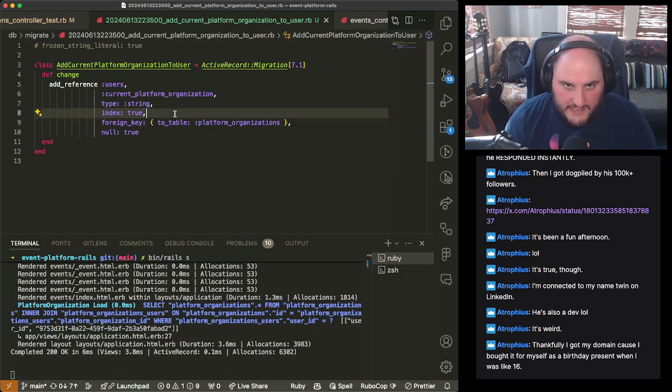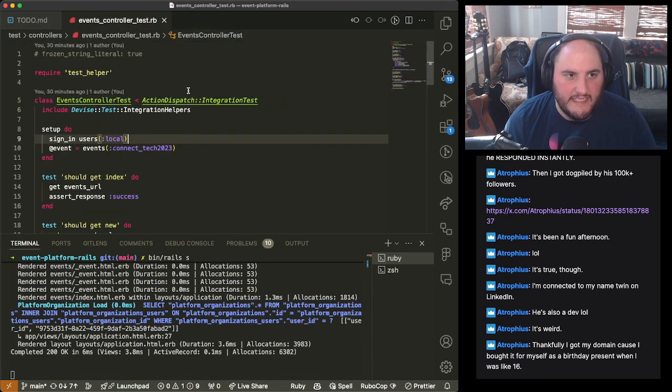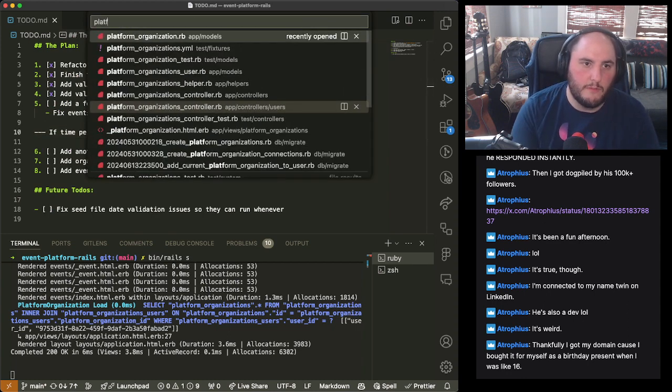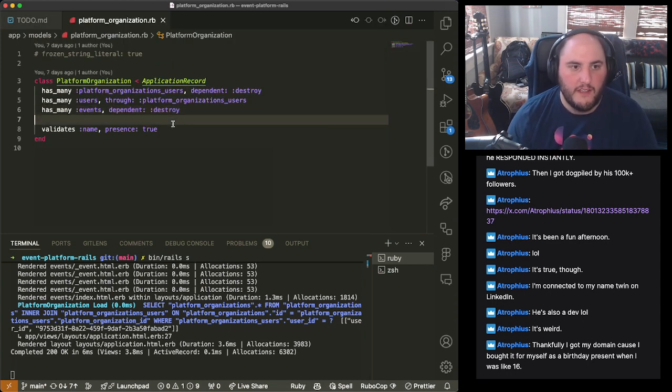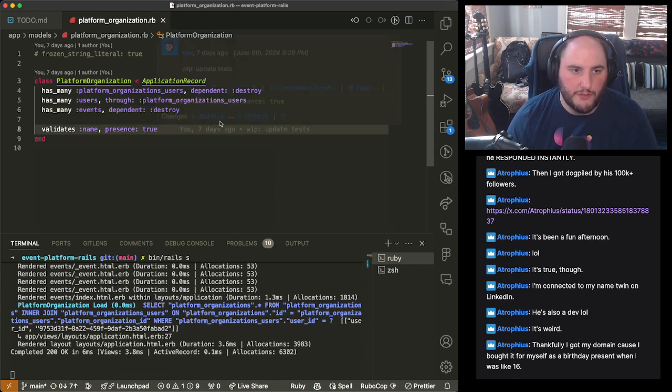Now, why do we need this index? Well, we need this index because there is a cleanup task that needs to happen, and the cleanup task is actually on the platform organization model, which is we need to do a before destroy.